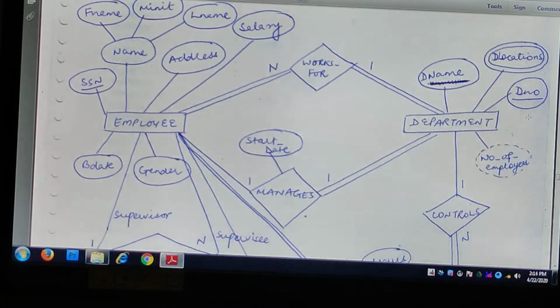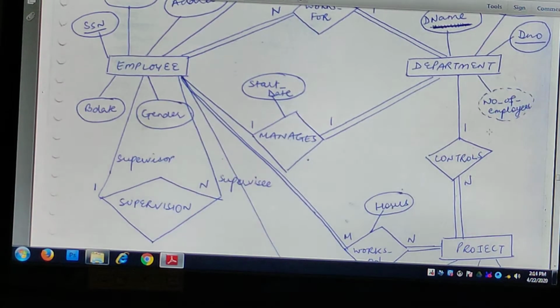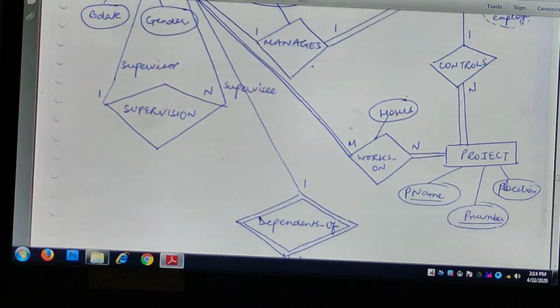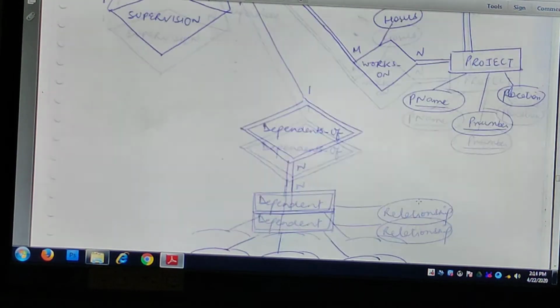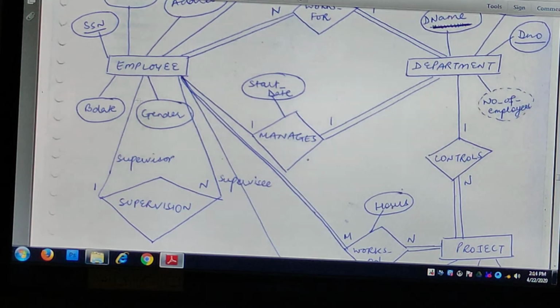on the n side. It means department number on the one side will be included as foreign key in the employee, right? Again, this department number on the one side will be included as foreign key in project, and this 1-to-n, this SSN will be again included because it's a recursive relationship. SSN will be included as the primary key. It will be included as foreign key as well, and we can name it as the supervisor SSN, right?